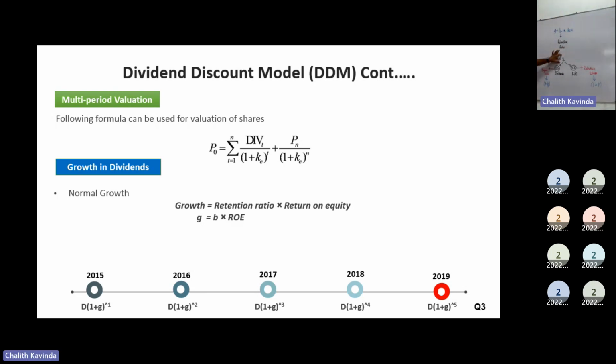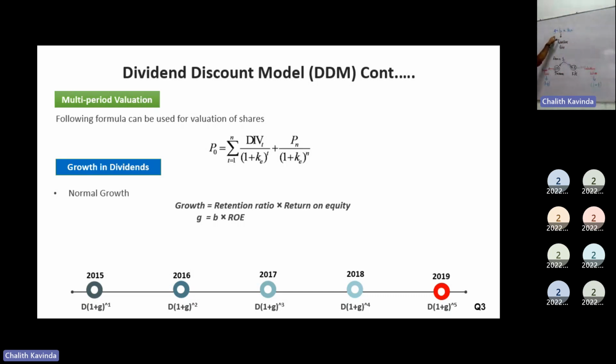You earn 1 rupee. Out of that 1 rupee, you are going to pay 70% as dividends. We call it the payout ratio. Then you have 30% with you. That is your retained earnings, and the ratio we call the retention ratio. You're earning 1 rupee and paying 70%; the answer is payout, how much you pay. The answer for how much you keep is the retention ratio. Clear? Good.